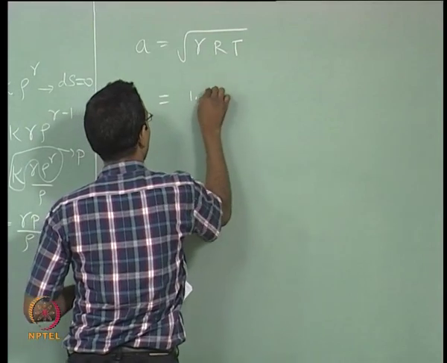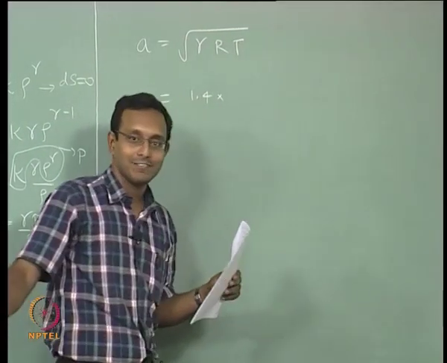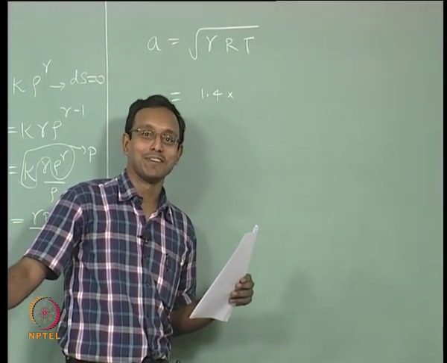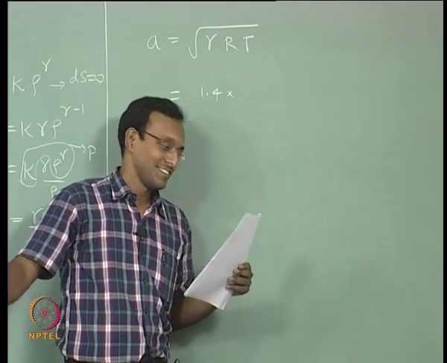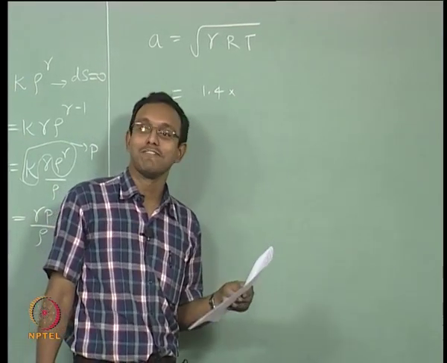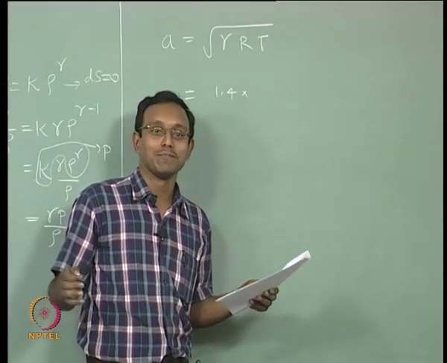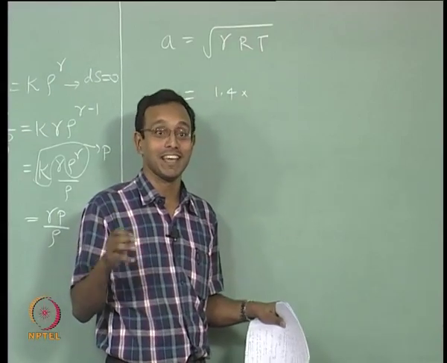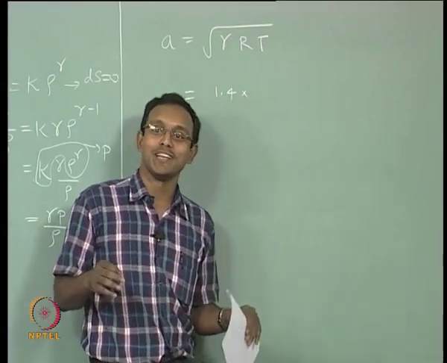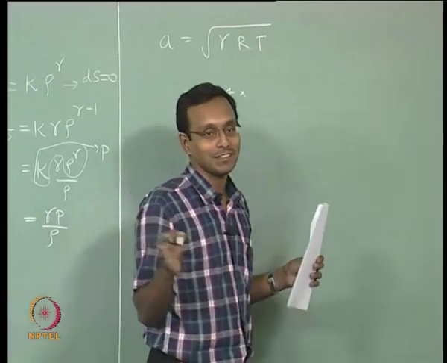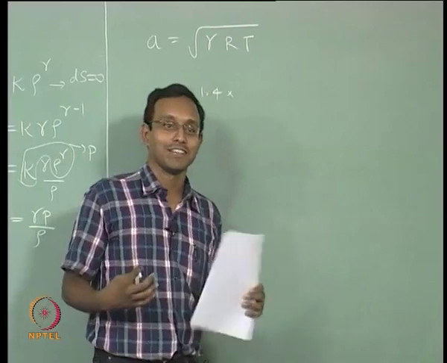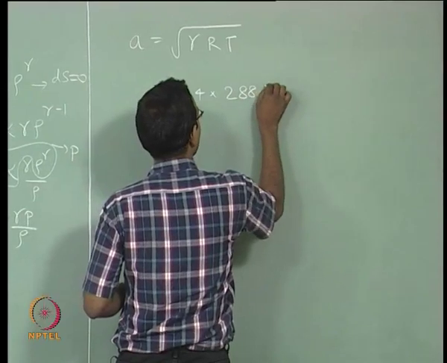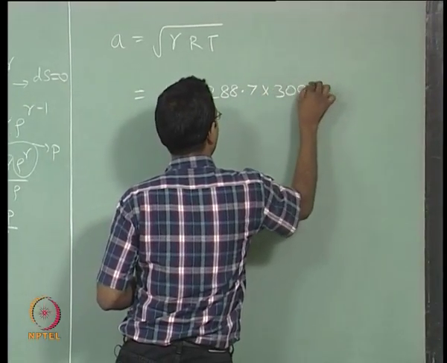Gamma for air is 1.4, R for air is what? I talked about this already, 287 is a wrong number, 288.7 as in 289 if you want, 289 is a better number than 287. Okay. If you are using 287, you are assuming molecular weight of air to be 29, okay, while we want to use 28.8, a little better number, that is all I am saying. At least in my class use this number, outside in acoustics world use some other number, I do not mind. Okay. So I used 288.7 and 300 Kelvin,